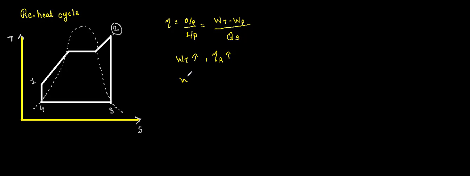So what is the equation of the work done by the turbine? It is equal to H2 minus H3. So if the value of H2 increases, work done by the turbine increases. And in order to increase the value of H2, we need to improve P2, meaning if P2 pressure or T2 temperature increases, then the value of H2 increases, which increases the work done by the turbine, and through which the efficiency of the system is going to be increased.